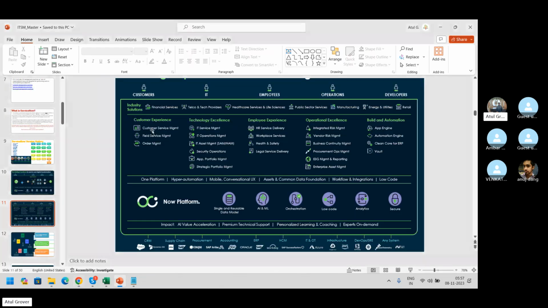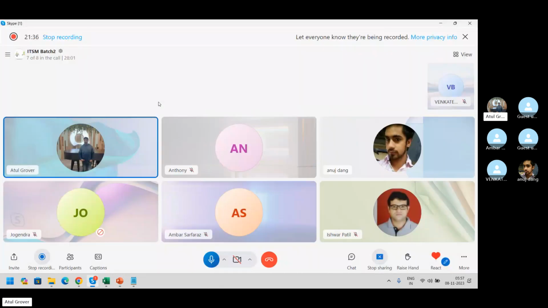Now under customer, ServiceNow has customer service management, field service management, FSM, and order management. Each one is staying in a big society. The lift is not working. He called the lift customer care and they say, hello Ishwar, we are sending an engineer in the next half an hour.